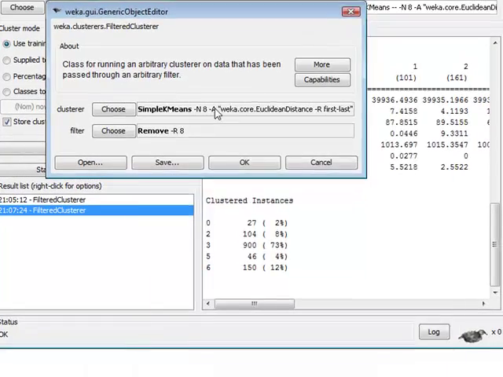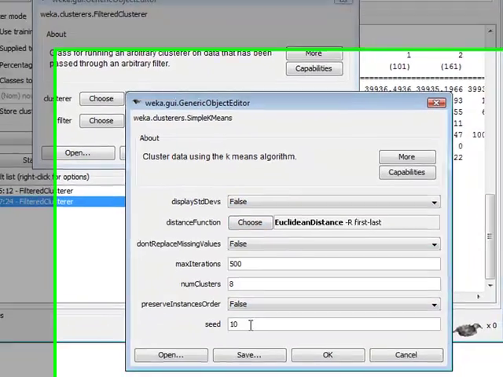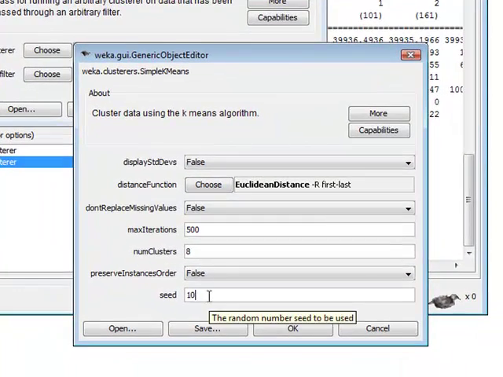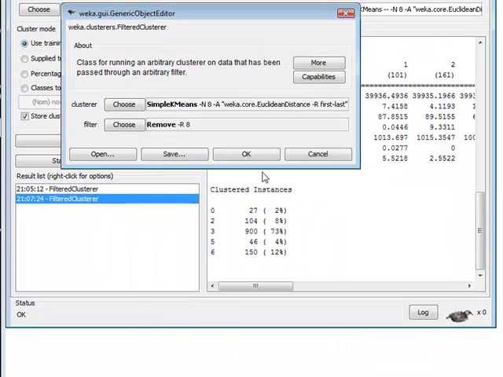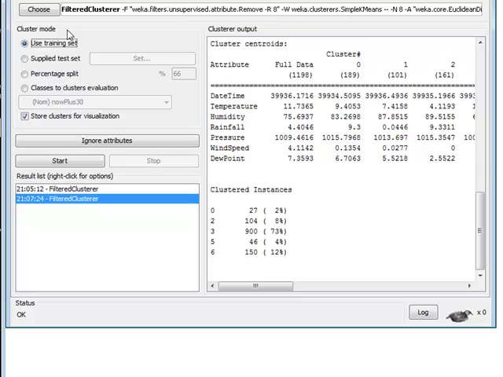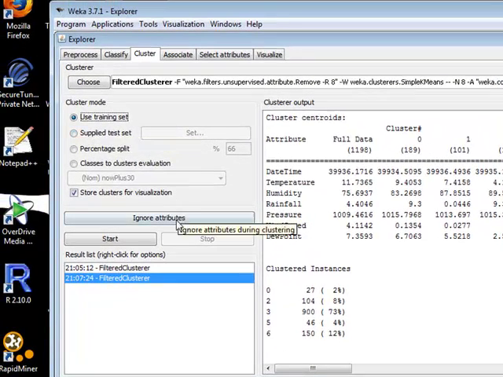And here, just to explain this, if I click here, you see the seed? The seed is going to be the same, which means that's kind of like a random starting place. Since we're starting at the same place, we're going to generate the same clusters that we generated last time. So I'm only using the training set. I'm not doing anything with the testing set anymore. So now I'll just do the same thing again. Click Start,